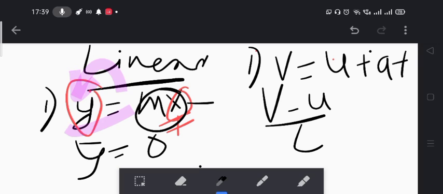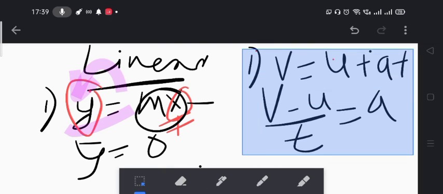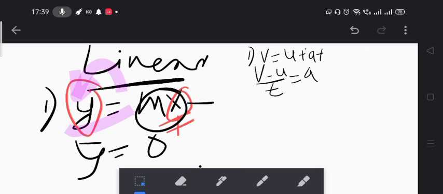Here for physics we have a is equal to v minus u by t, where a is the change in velocity upon time taken. The change in velocity by time is represented by the slope of the v-t graph, which is called acceleration. So acceleration in the graphical equation of the velocity-time graph is the slope of the line. Okay, I hope the physics and the mathematics are relatable.